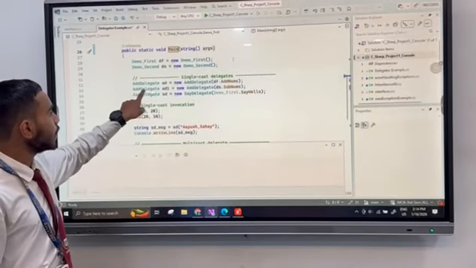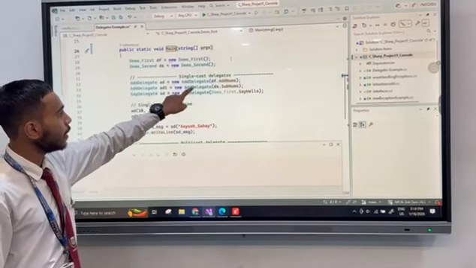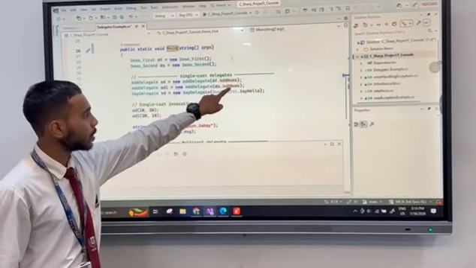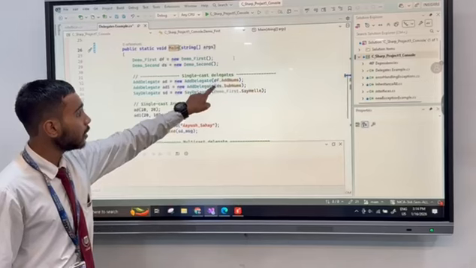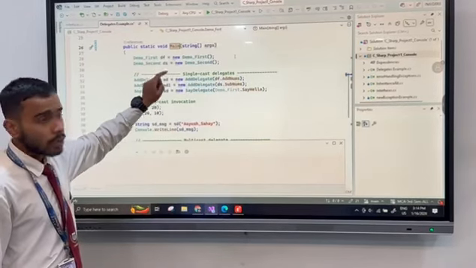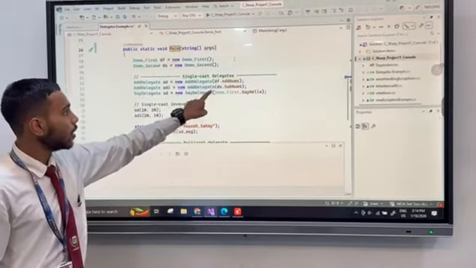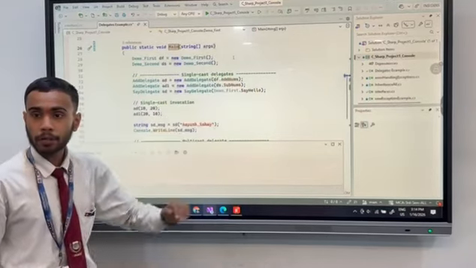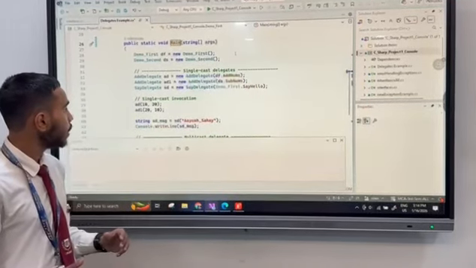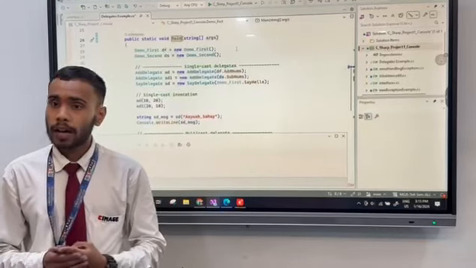The same way, add delegate a1 equals new add delegate ds dot subtract numbers. Where ds is the object of the second class, and the second class has the subtract numbers function. So now you are seeing that there are two instances of the add delegate.